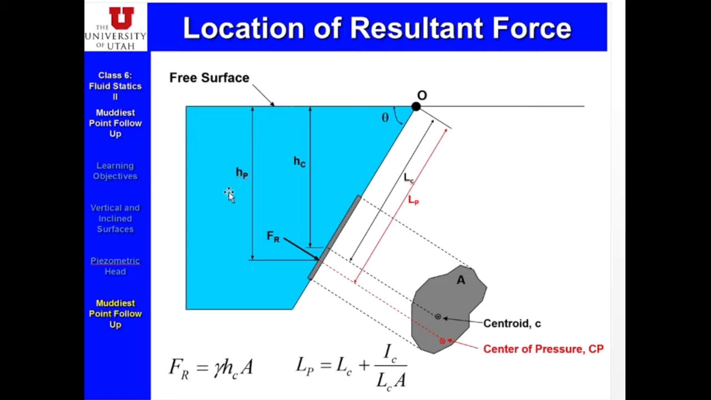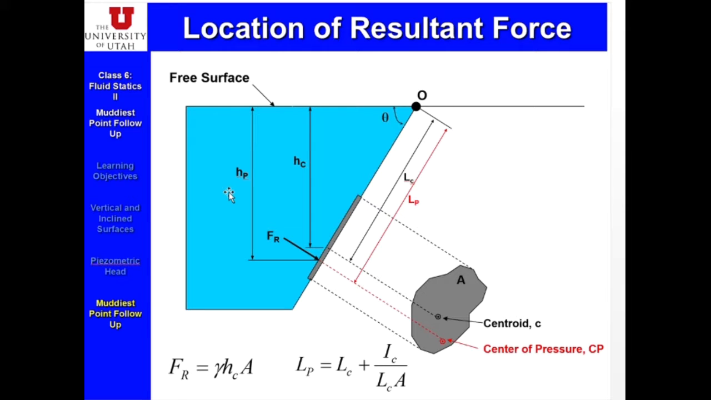So just to review, we calculate the resultant force as the specific weight times the vertical distance to the centroid, times the cross-section area of the object that we're looking at. And then that center of pressure, that L sub P or H sub P value, is calculated as L sub C, the distance to the centroid along the plane, plus I sub C, which is the centroidal moment of inertia, divided by L sub C times A. And this